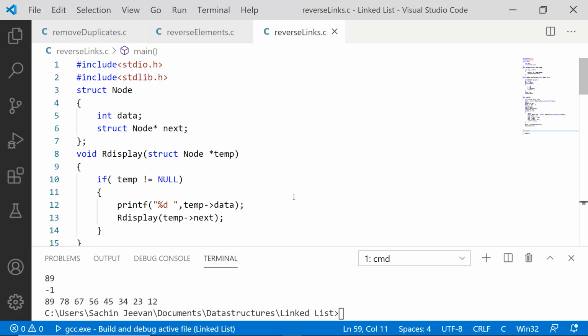So the recursive implementation, I will give it as a task to you, because for all the things that I have done so far, I have shown you how to convert an iterative method into a recursive method. So now it's your turn. With the same technique that I have told you, convert this iterative technique to a recursive technique and try it on your own. Okay. Now after completing it, a very important session that is coming next is the time and space complexity analysis of both these methods, reverse elements and reverse links.